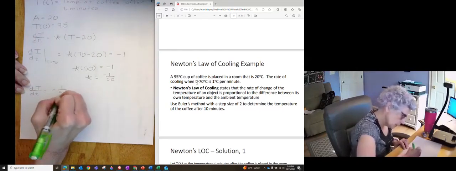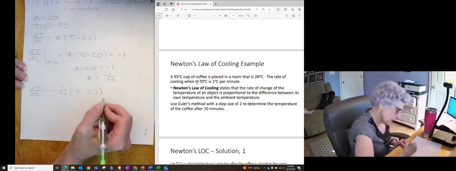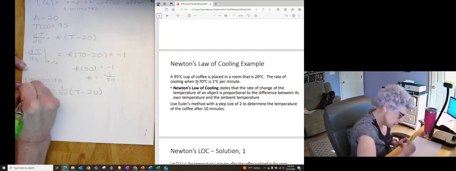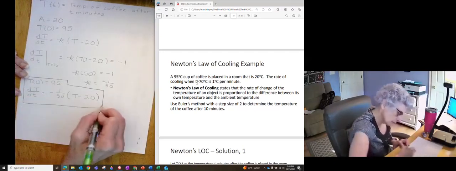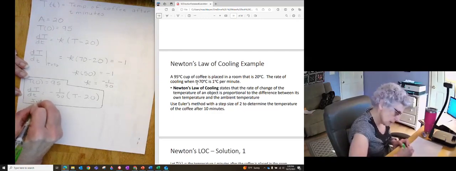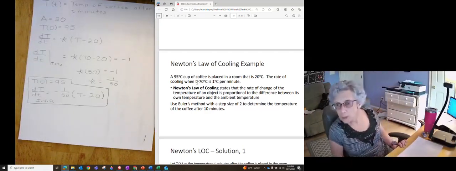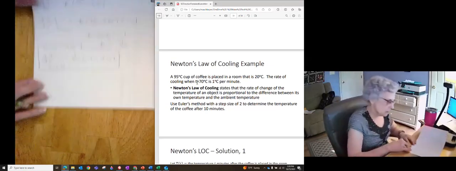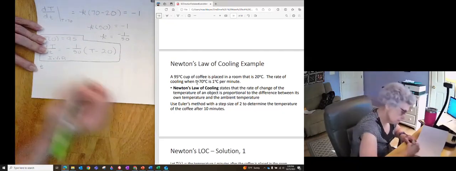dT/dt is equal to negative 1 over 50 times (T minus 20). And I have my initial condition that T at time 0 is equal to 95. So I officially have an IVP, an initial value problem. We want to use Euler's method with a step size of 2 to determine the temperature of the coffee after 10 minutes. So if I were going to do this by hand, I would have a column for little t,